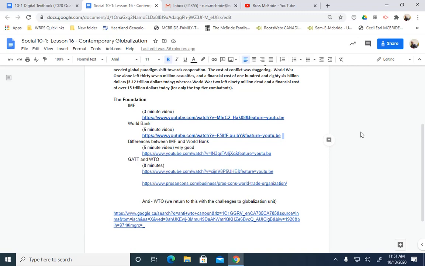A pillar, like a cornerstone, I have all these architectural metaphors. A pillar is like a leg of your desk. So if your desk was contemporary globalization, then one of the legs might be, oh, your desk is a little wobbly. It doesn't have really good legs. But one of the legs could be the IMF. Another leg might be the World Bank. This is the foundation of contemporary globalization, and that's why the textbook chapter is called Foundations of Economic Globalization.